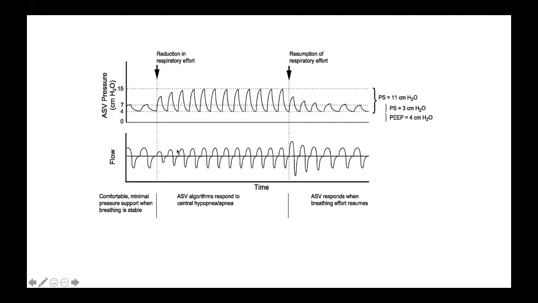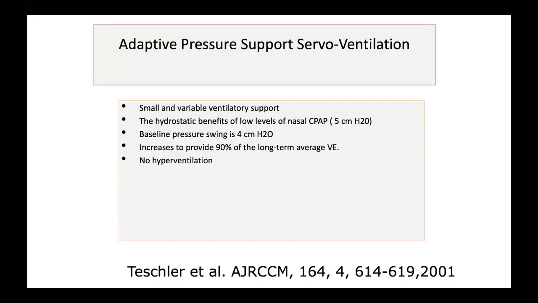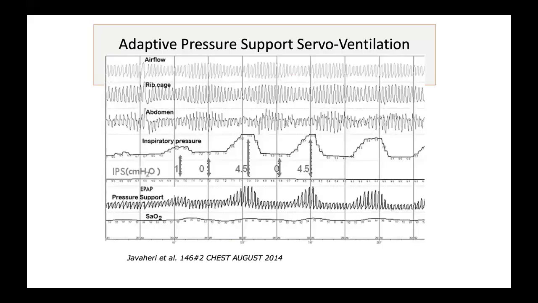So it looks at the average of your previous 3-4 minutes, and it gives you 90% of that. So if you are in a period of decreasing ventilation, it will increase the amount of pressure support. If you're generating large breaths, it decreases the amount of pressure support. So it gives you around 90% of your long-term average minute ventilation. And this is what it looks like here. And you can see,